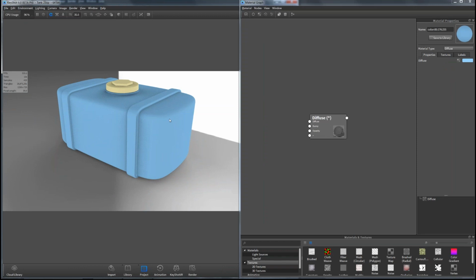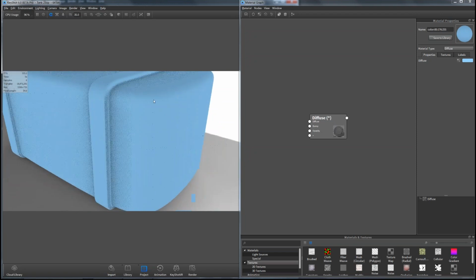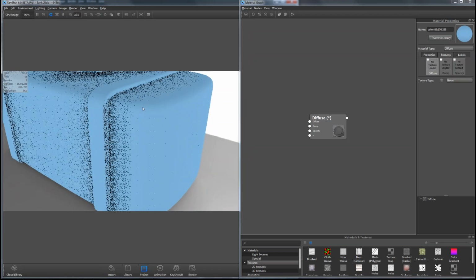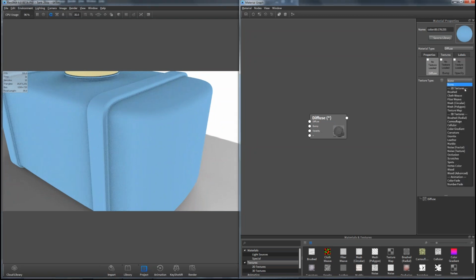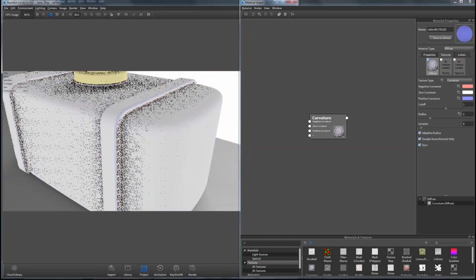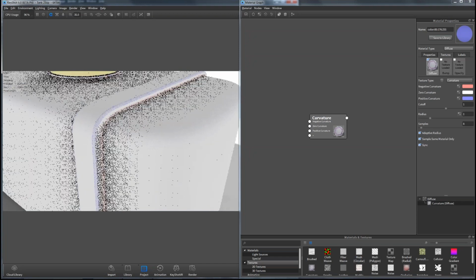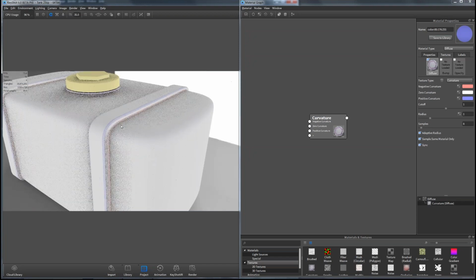So I want to at least make sure that you know what these textures are. First of all, on this part right here, I'm going to go to the textures, use the drop down under diffuse, and use the curvature texture. This is something everybody has today. You do have this as part of KeyShot 5. And I'm going to disable shadows by hitting S.